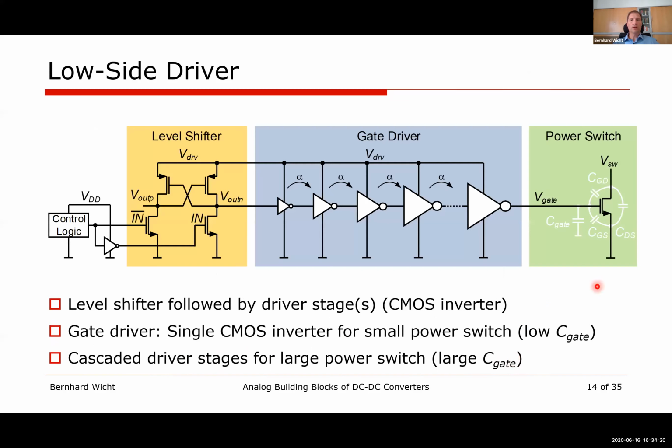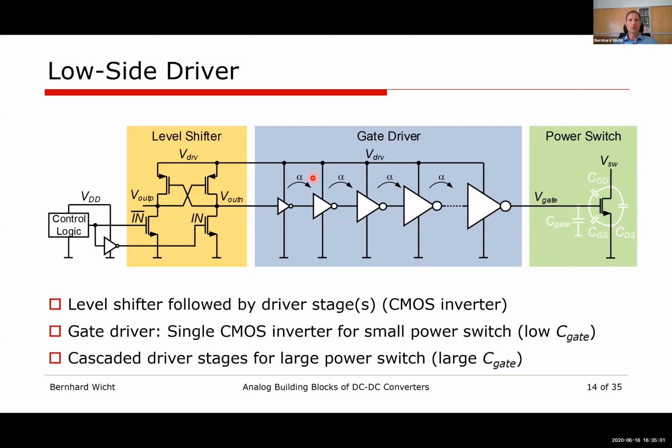Let's take a look at a real low side gate driver. That could be a design that would already be product level. We could find that in some actual product designs. So very simple. We have the power switch on this side with all parasitic capacitances, which can be combined into one gate capacitance. And now the gate driver in the easiest case can be a CMOS inverter. If the load is low, we use one CMOS inverter. If the power transistor is larger,